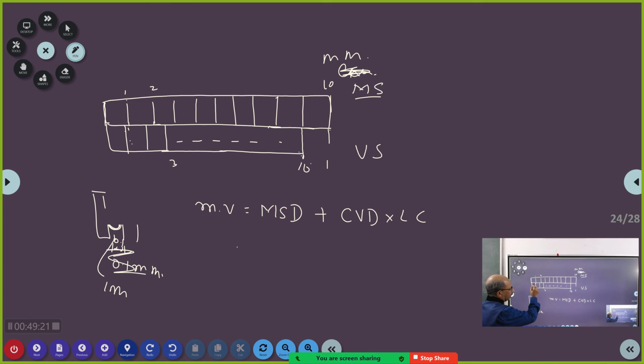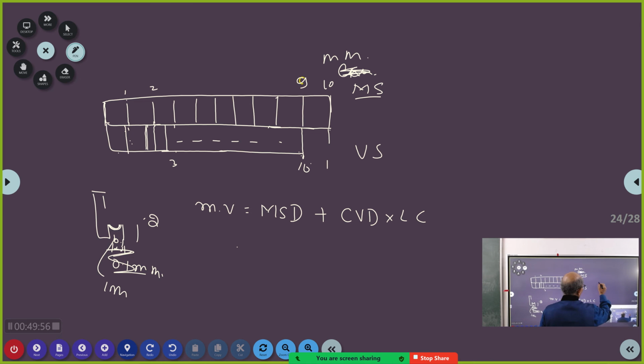Each one of the divisions will move by 0.1, but the second one will coincide with the second one only if you have moved the vernier by 0.2 millimeters. The third would have coincided with the third if you had moved the vernier by 0.3 millimeters. Got it? Yes, sir. That is the science behind this. So if the vernier scale is made like this, that is 9 divisions of the main scale equal to 10 divisions of the vernier scale,